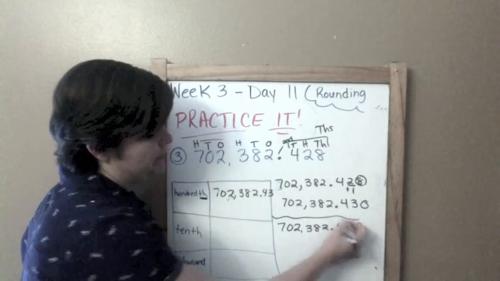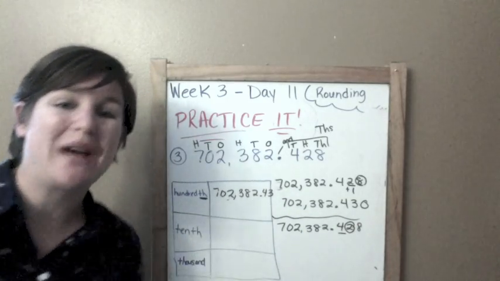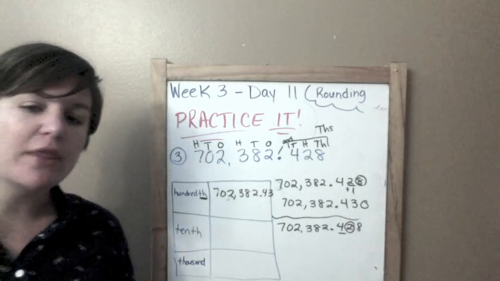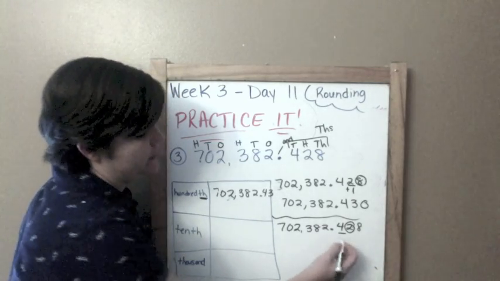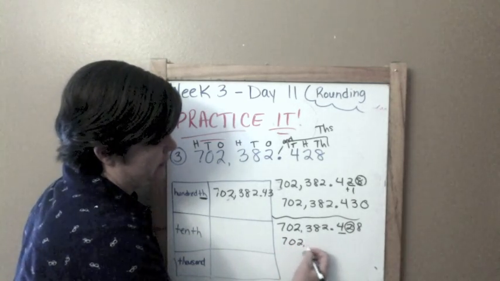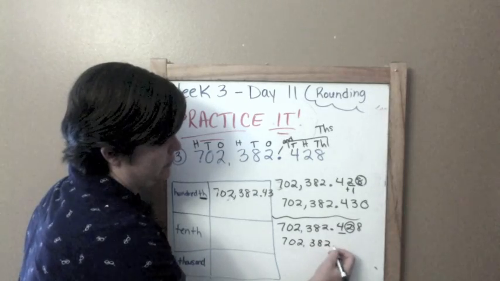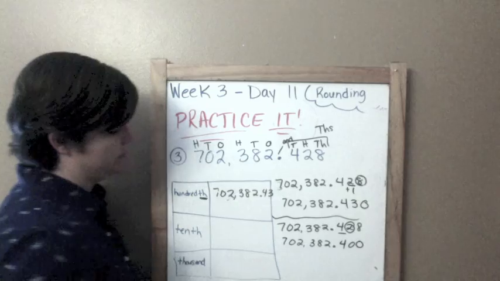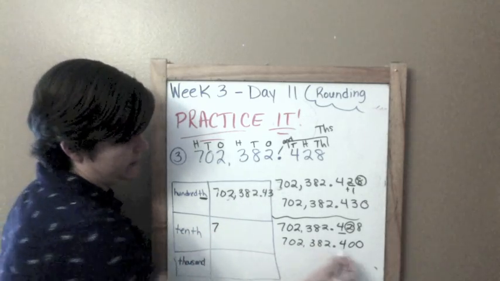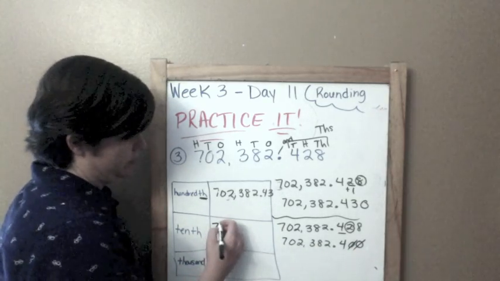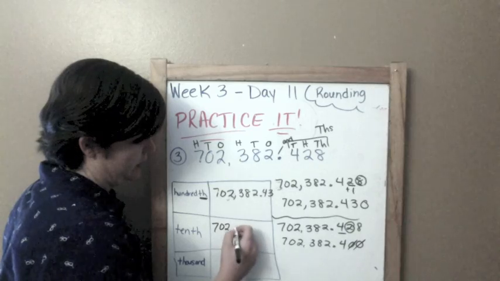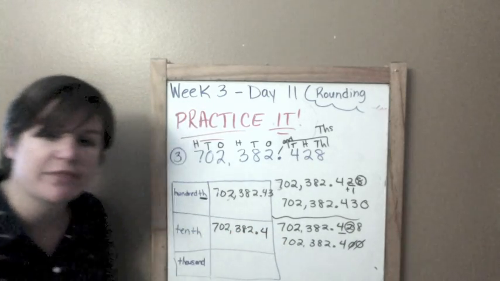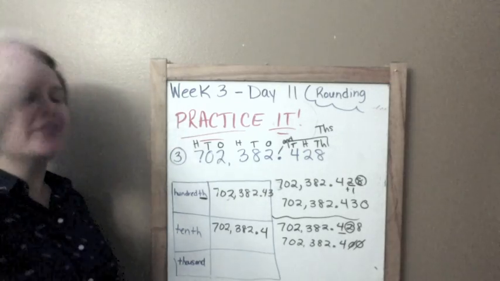Always to the right. Now with that 2, do I add 1 or do I let it be? Do nothing. So, drop it. Everything else becomes 0. When I'm putting this on, I'm going to take off these 2 zeros right here. So 702,382 and 4/10. That is how you round it to the nearest tenths, and now we need to round it